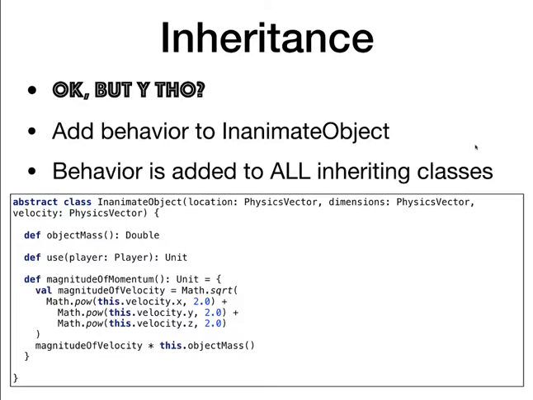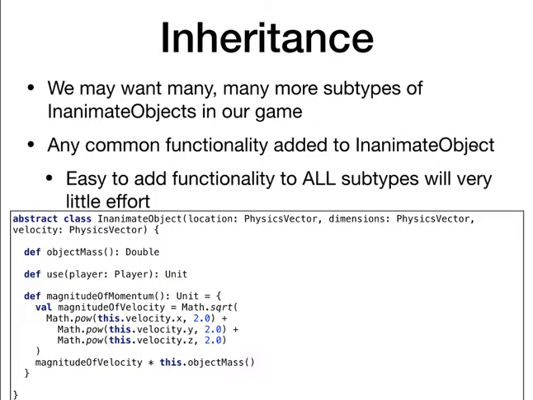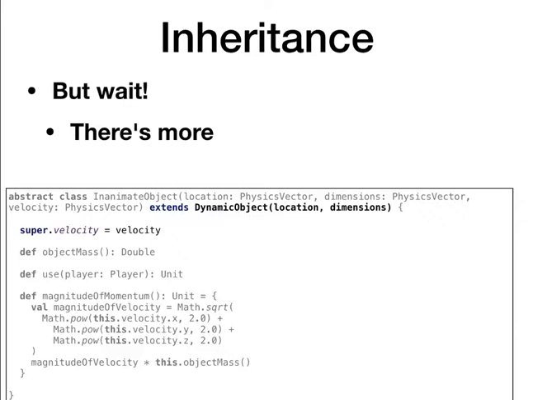But there's a big reason here to use inheritance beyond that. There's a lot of reasons to use inheritance, most of us to keep our code clean and functional. But we're going to add this functionality to all of our subtypes. But something else we can do here is extend another class. We can build these inheritance trees, that's what we call inheritance trees,